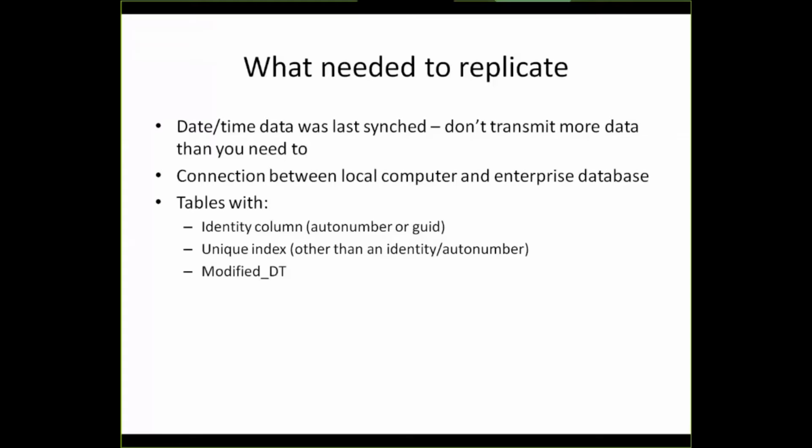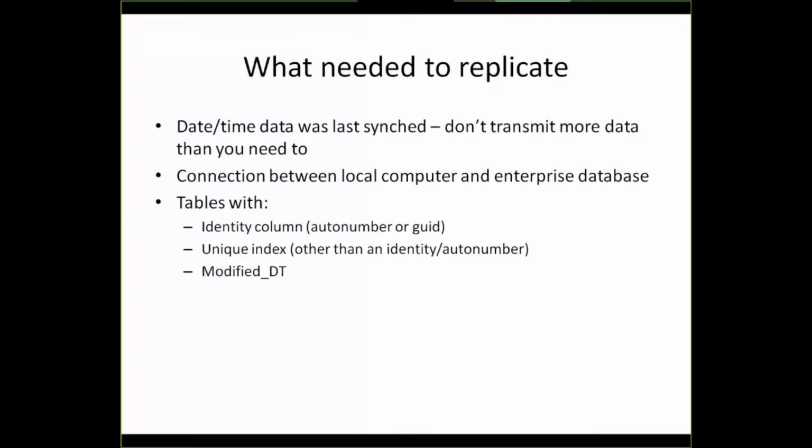Obviously, you need a connection between the local computer and the enterprise database. In my sample, I've just put both of those tables in the local Access front end. But in the sample I've got with my client, the local computer is using Access and the remote computer is using Azure. So I have to have tables for each of those, the connection between them and Azure, and then I have to have tables that are structurally identical.